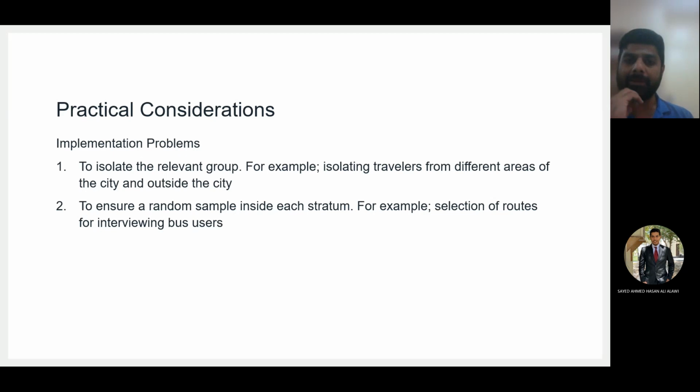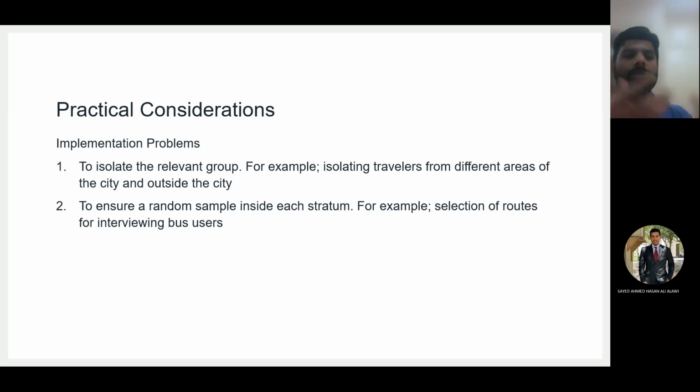Like it may have happened in your term project, the data which you have collected, you may find that for a particular age group you have more responses which were not required. Okay, you were requiring, let's say, 30 responses from this group, but eventually you have 40 or 50 responses, and in some other group you needed 30 responses but there are still 25 or 20. It can happen. Okay, so how to isolate the relevant group, the group from which I need the data?